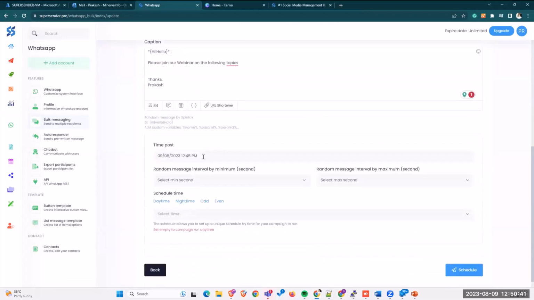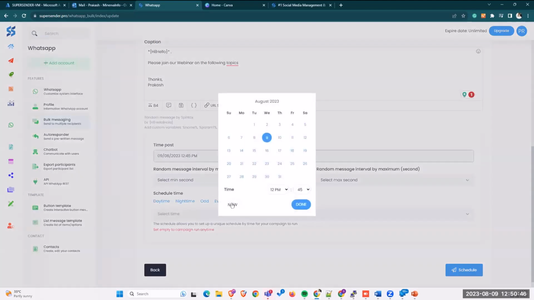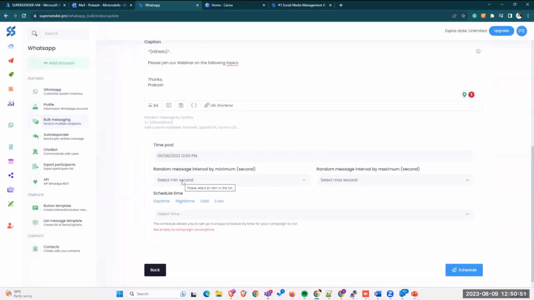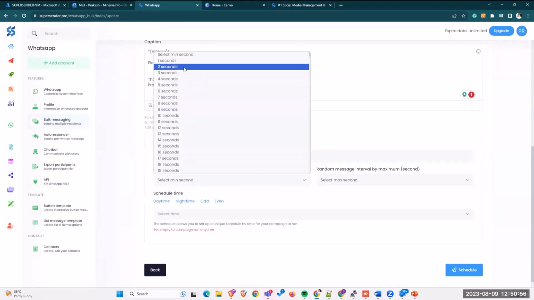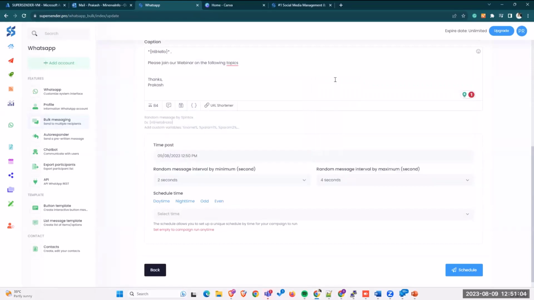Now, once you scroll down, you can see here what time you wanted to send. Right now, if I want to send, I can just select this and say now. Between the messages, it's always recommended to have a certain time gap. Since my number has been used for very long, I can select a shortest time. If you are using a number recently, like you've taken WhatsApp recently, or installed the WhatsApp business application on your mobile recently from your school or college, what we would request is, first start sending a low